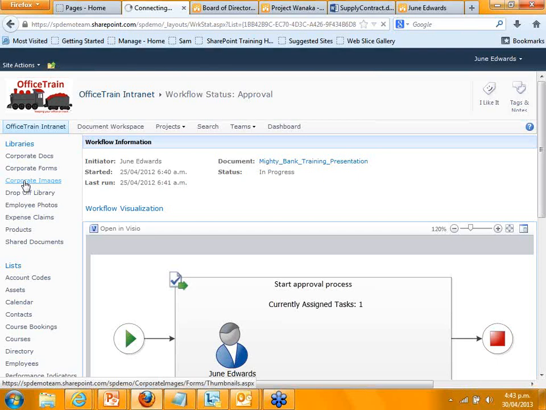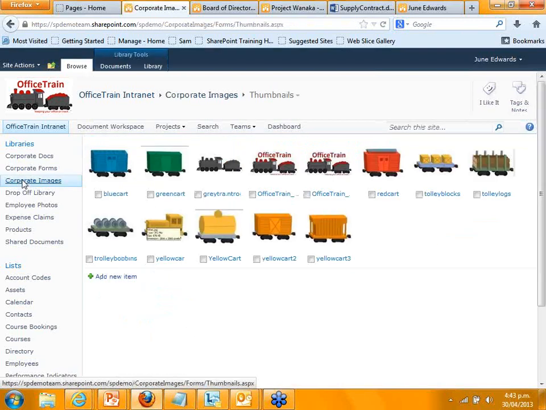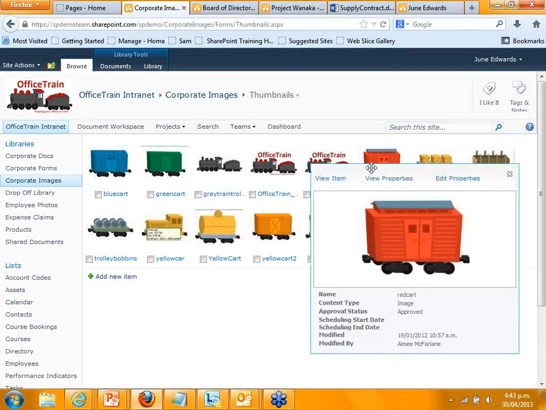I think I mentioned that you can have versions also on the different documents, so I could have a whole lot of different versions being stored within SharePoint of particular documents. I can have an image library, and I've got a couple of different image libraries here. So I've got one that shows me, and it gives me a preview, I can see everything about that particular image.